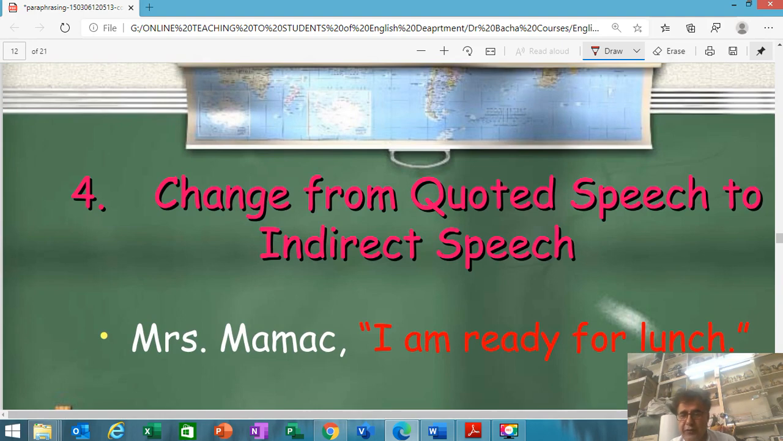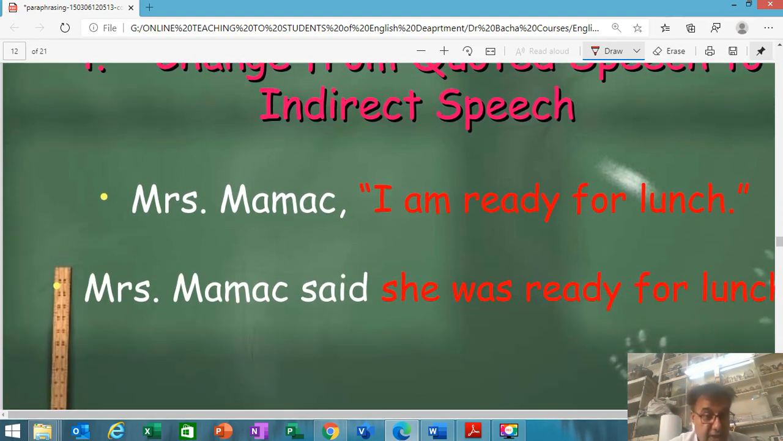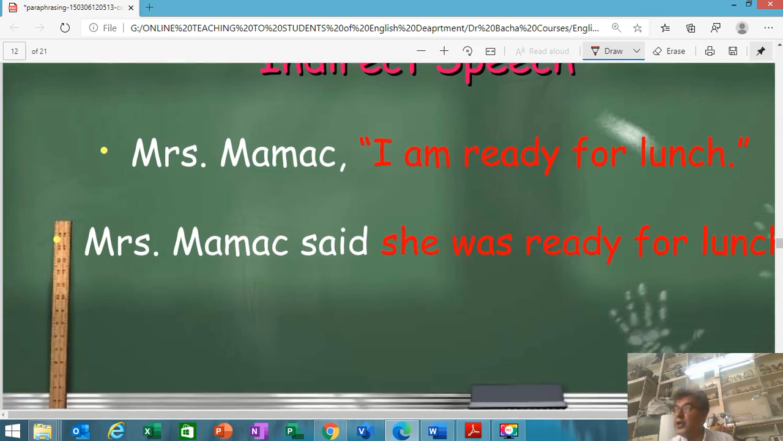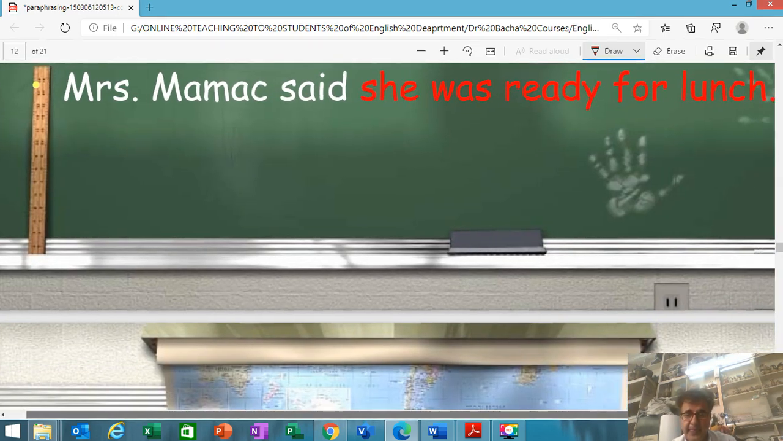Now change from direct speech to indirect speech. For example, "Mrs. Mamak, I'm ready for lunch." So then you have to change this into indirect: "Mrs. Mamak said that she was ready for lunch." Okay,